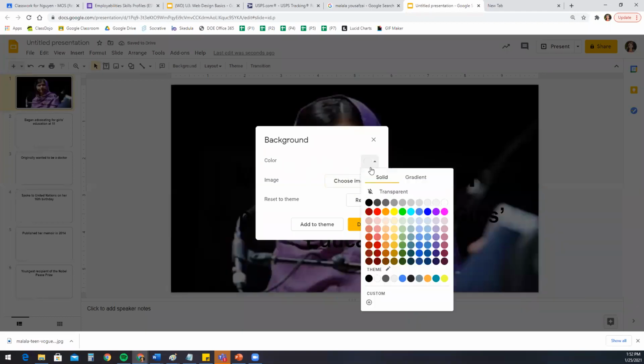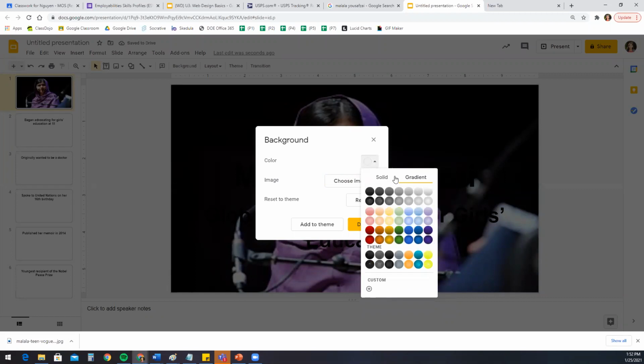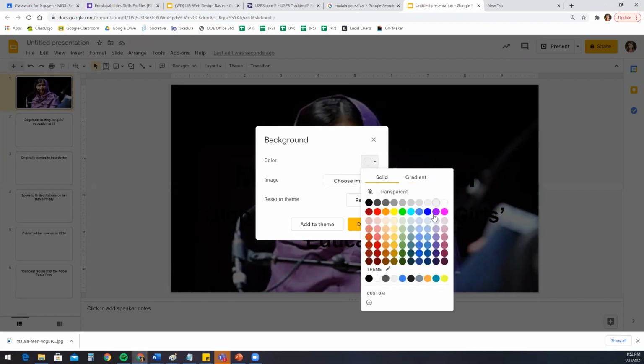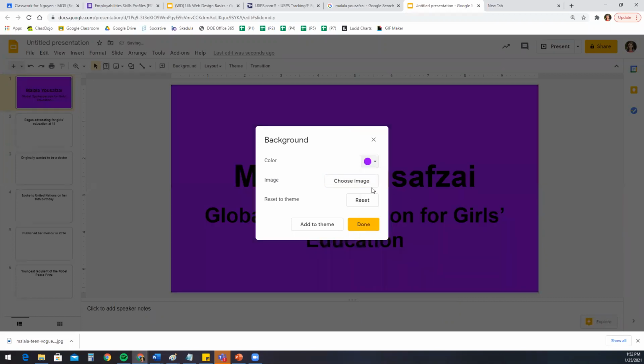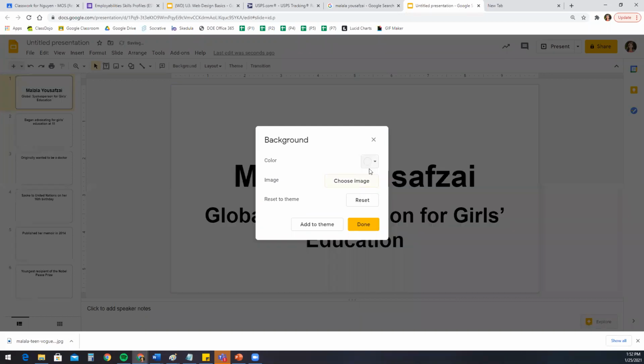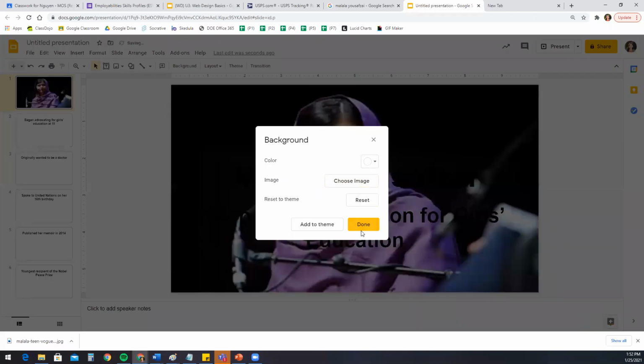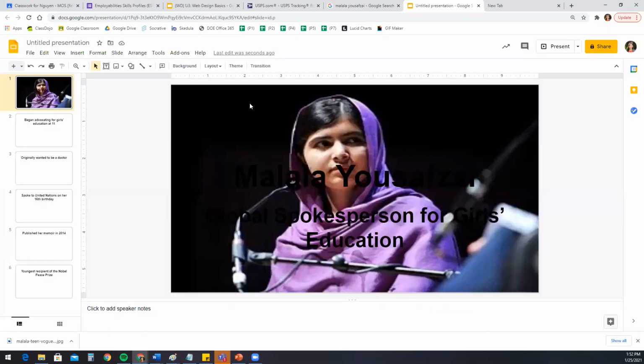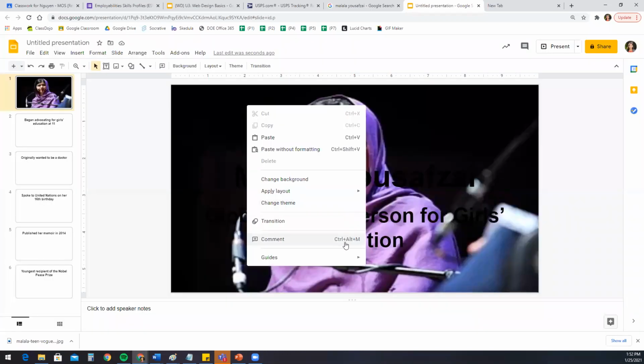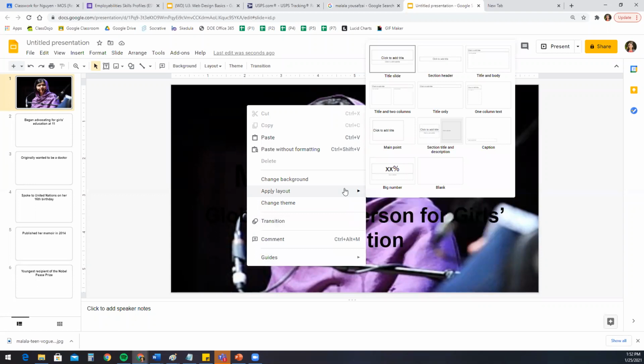It changed. Oops. Oh shoot. Sorry, let me do that over again. Yeah, so on Microsoft Office, they let you change your transparency, but I don't see that option in